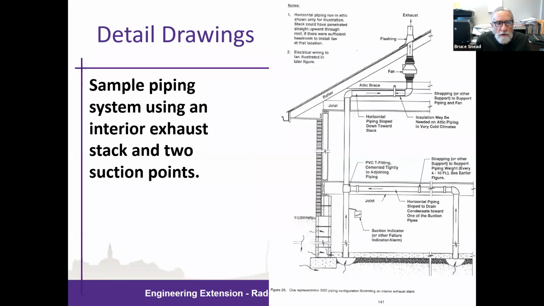These next 2 slides are simply detailed drawings of the significant components and features of an ASD system. This is a 2 suction point system. Whether it's 1 or 2 suction points can be determined through diagnostics in terms of the foundation and analysis. But this gives you a kind of a full cross-sectional view of the significant components and some of the key concerns that we'll be touching on as we talk about inspections.